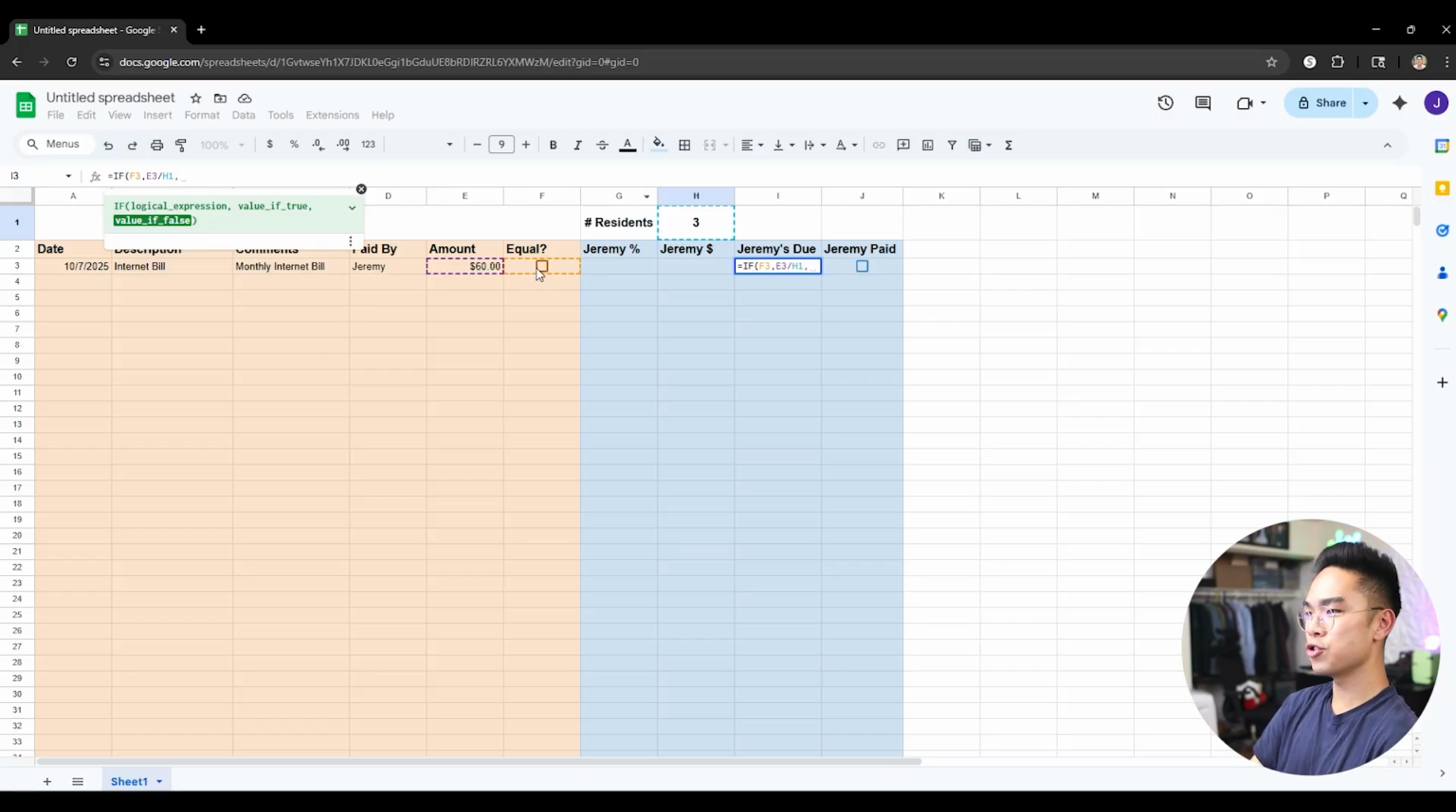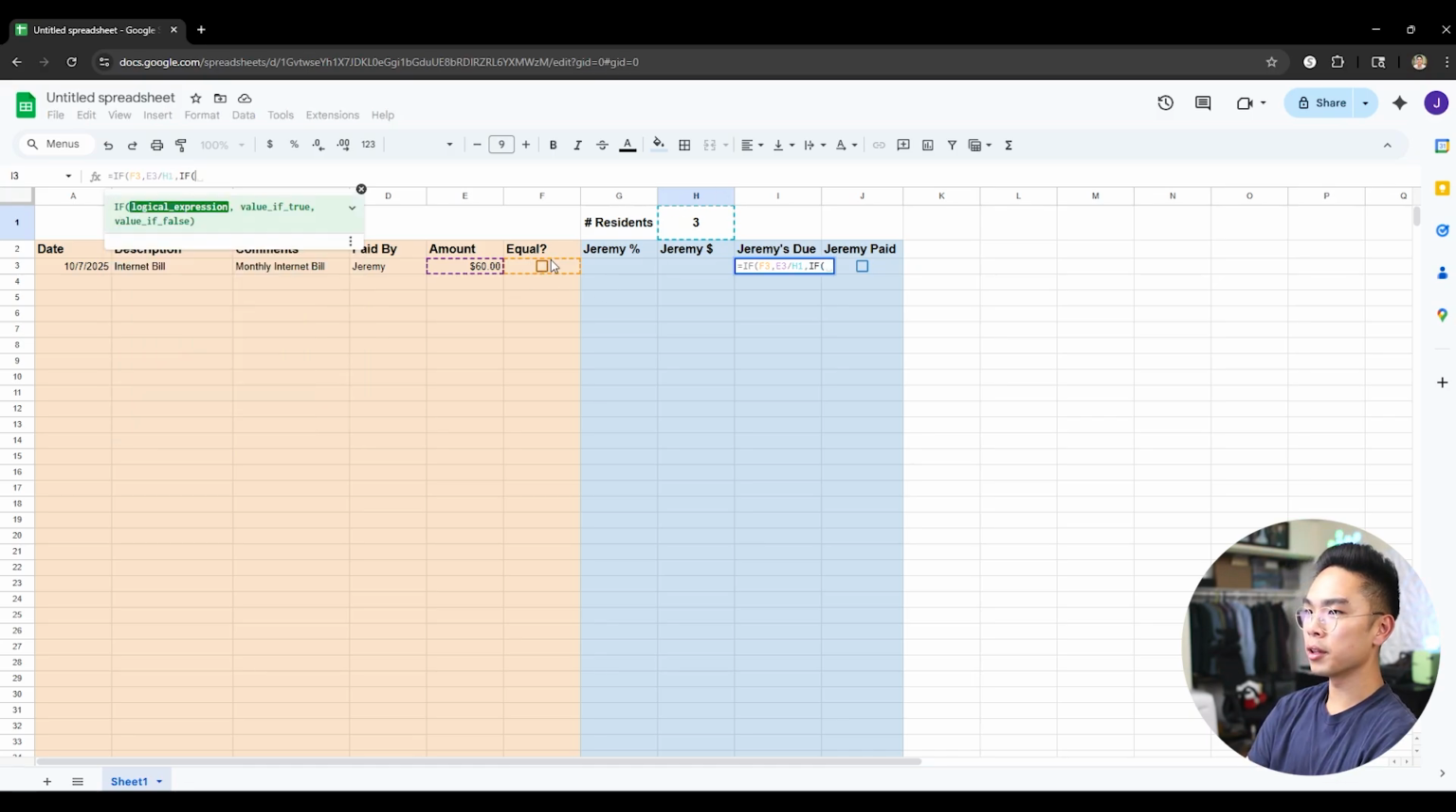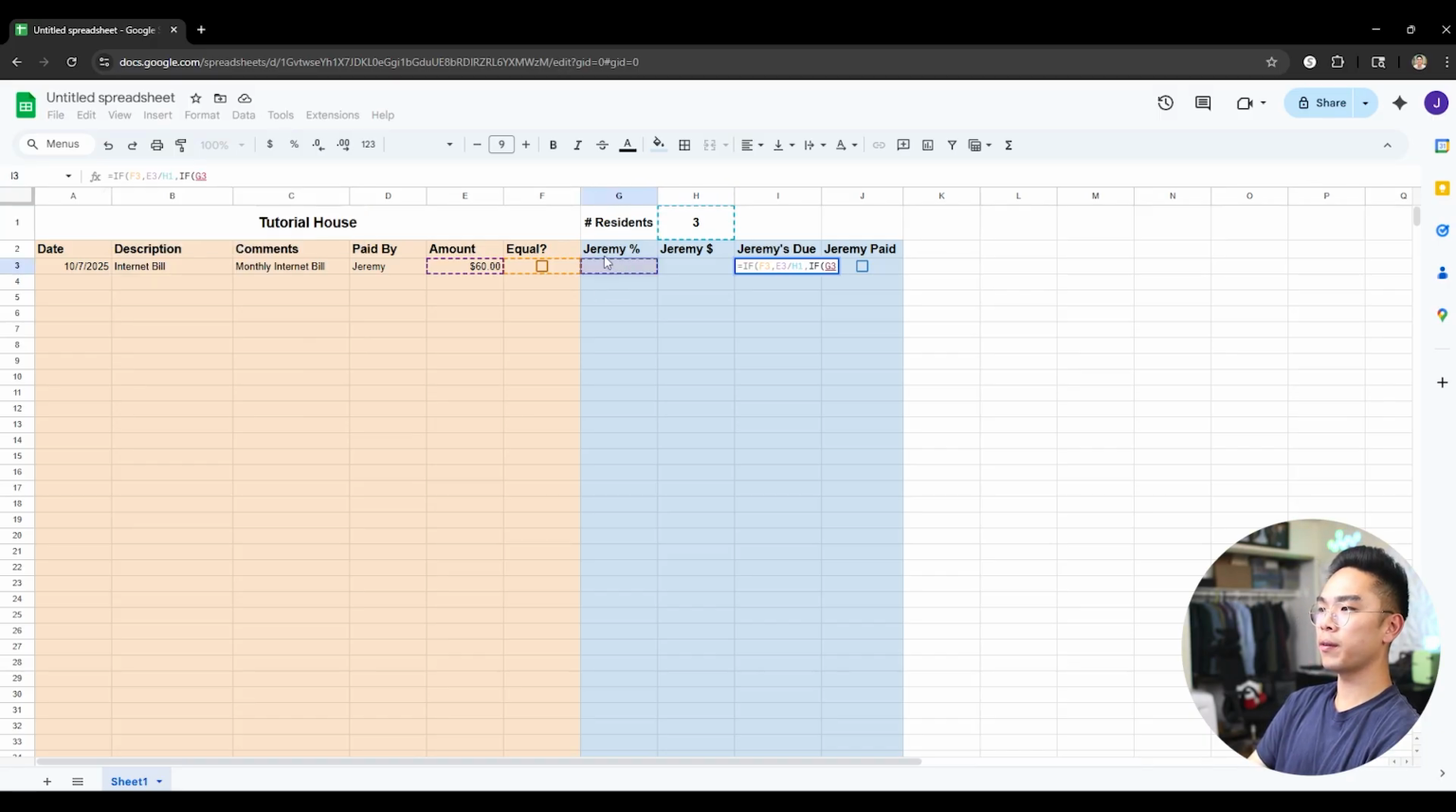So if this isn't checked, then what are we going to do? Well, then we're going to check, is there a set percentage amount that I want to define, right? So then I'm going to do another IF within an IF. This is like a nested IF, okay? It's getting kind of complicated, but this IF will only happen if this isn't checked, okay? So IF, I'm going to do another parentheses here, this cell right here, G3, right? If it's not blank, basically, if it has something,